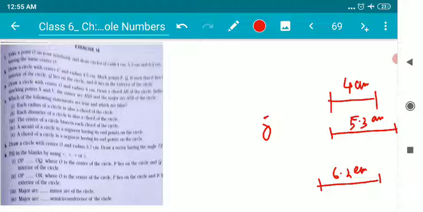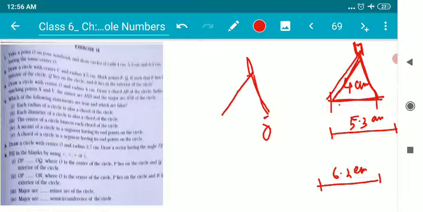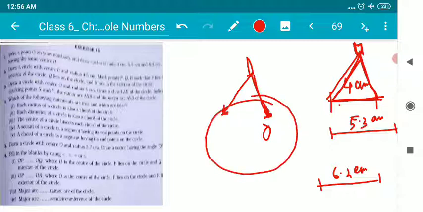So our first job is we need a compasses. Suppose this is my compasses, children. I'll first measure this line segment using the compass. Once I measure the line segment using the compass, I'll place the compass needle over here with the same measure. This is my pencil part and this is the needle part. By keeping the needle on the point O, I'll just give one arc like this.